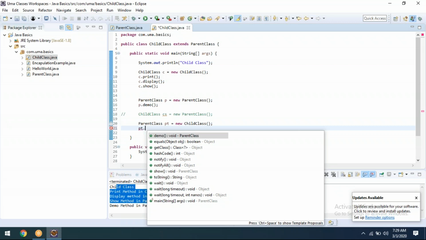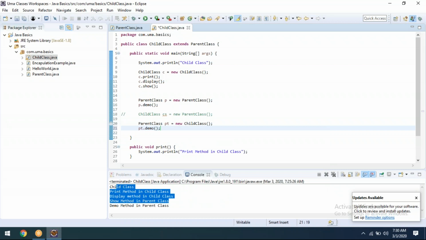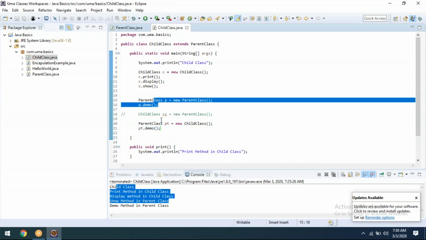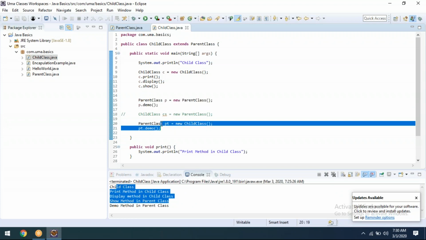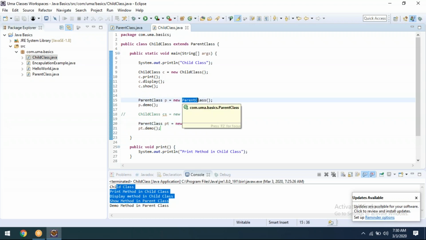We created a child class object through the parent class. Hence, only parent class methods we are able to call. I'm saying there is no difference between these two statements.